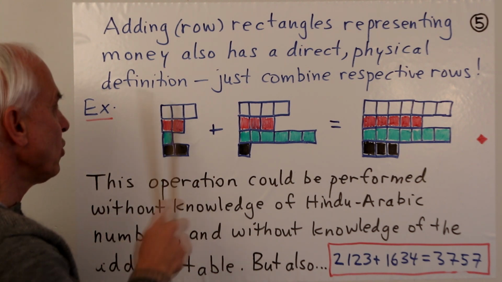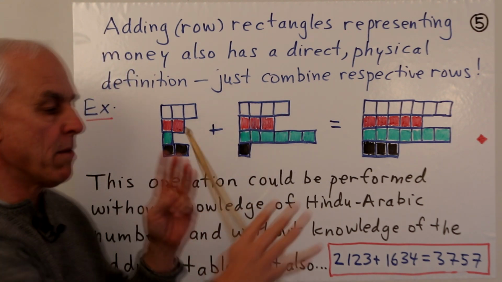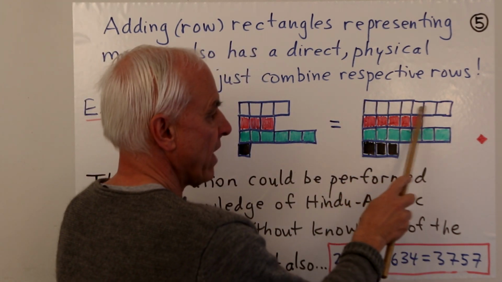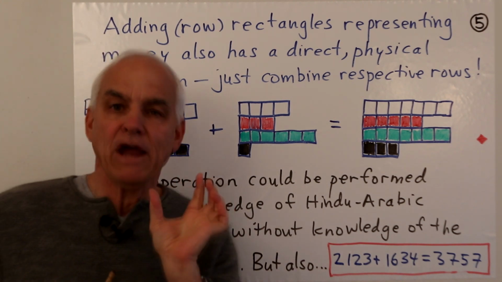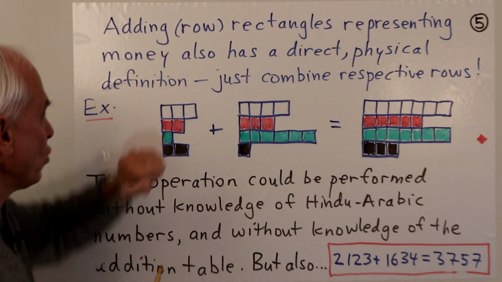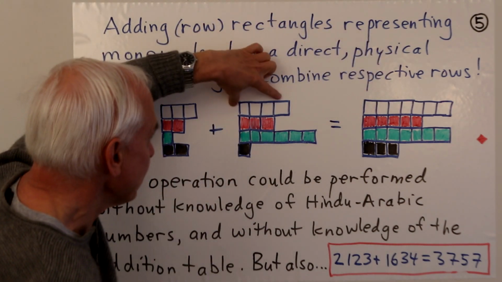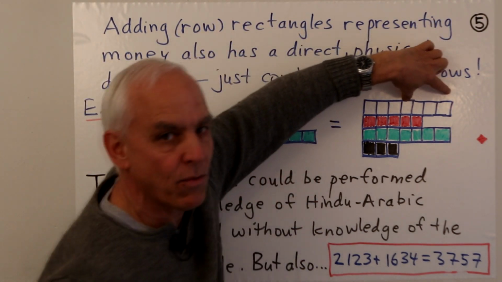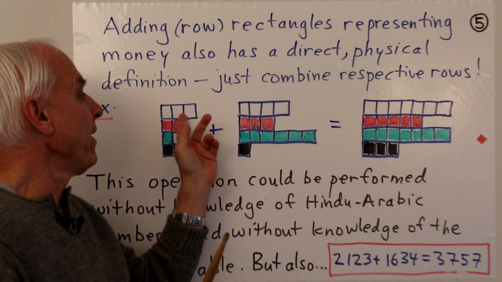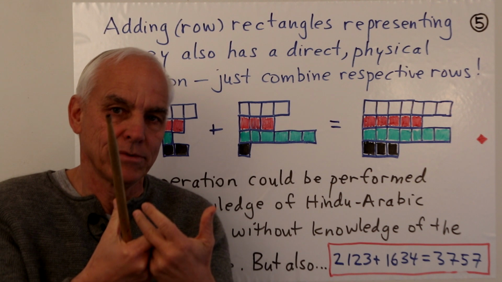Well, here there are 1, 2, 3 ones, and here there are 4 ones. When we combine them, we're going to get 7 ones. 1, 2, 3, 4, 5, 6, 7. But in fact, we don't actually need to have that understanding of the names for the words. We could just actually take this rectangle physically and move it over here, and we can take this rectangle physically and abut it to the one we've just had. Okay? We just put them together physically, perhaps without even knowing how many squares each of them has. It's just a physical process.